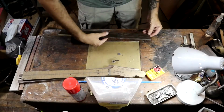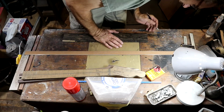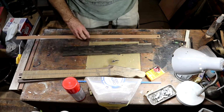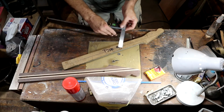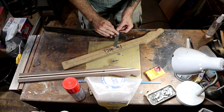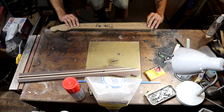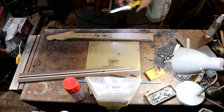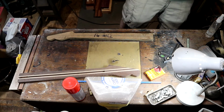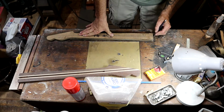Pretty cool. Let's get this center line transferred on the back of our neck so we can see where we are here. There's our center line transferred over onto the back. One more thing I want to do. Let's transfer this nut line around to the back, or at least on the sides. All right, that looks pretty good. We got a decent reference there and a good reference there too. So I feel pretty confident that now I can trace this out onto the back of the fretboard